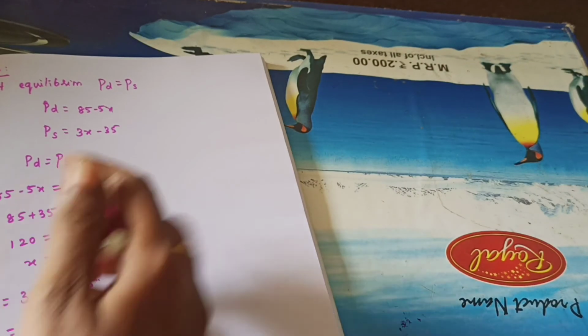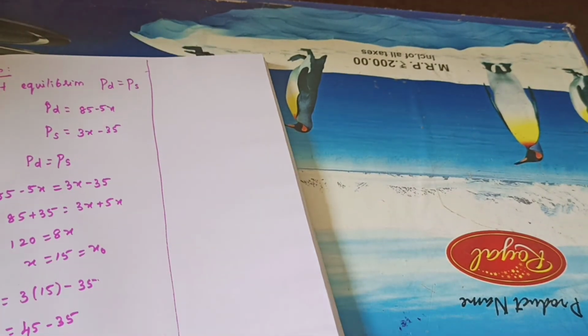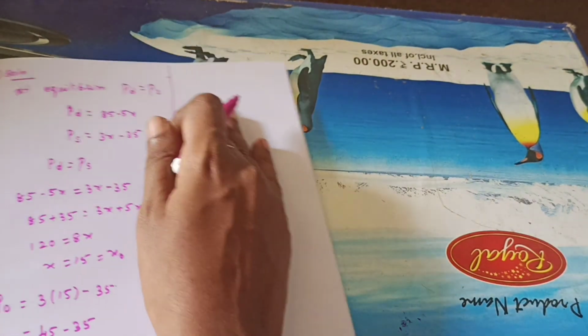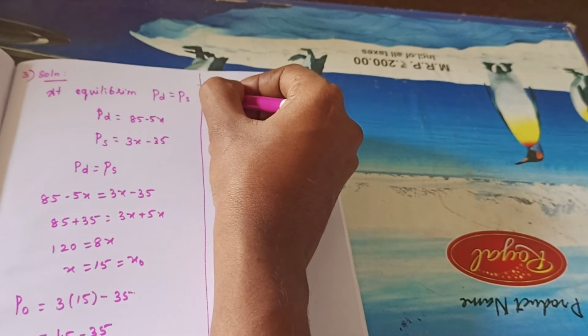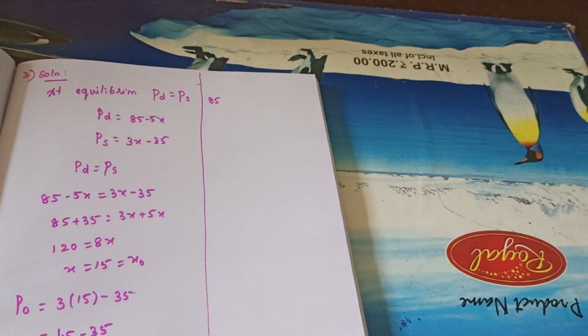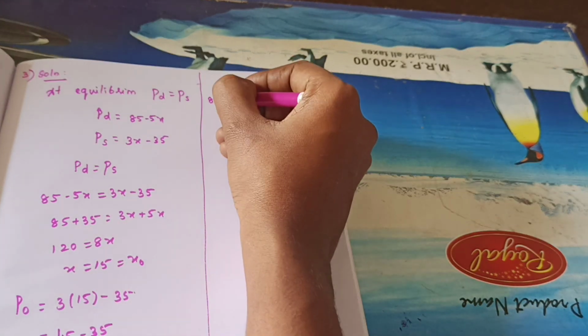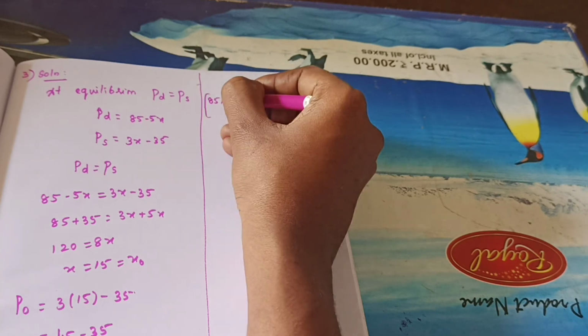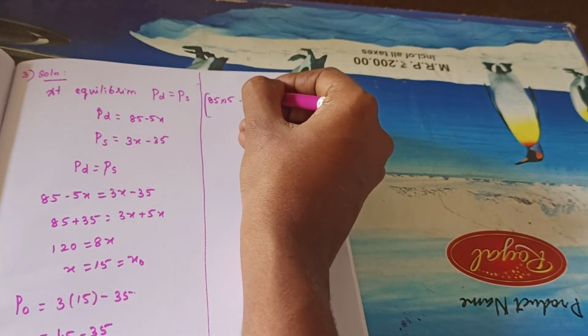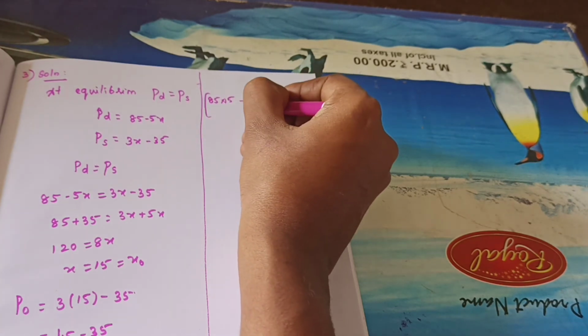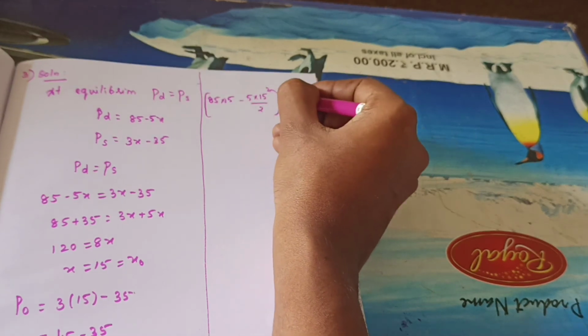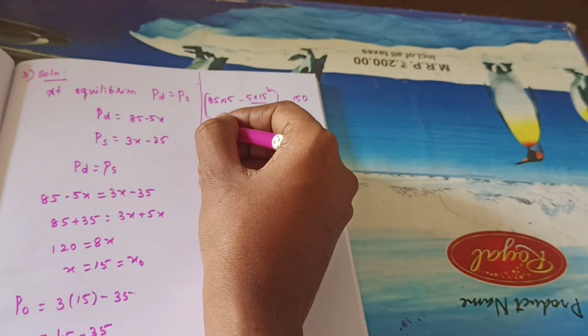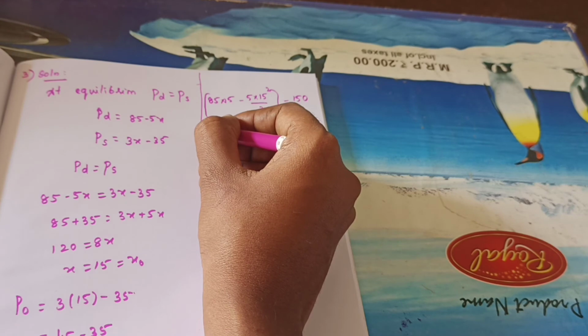Apply the limit and simplify. 85 into 15 minus 5 into 15 square by 2 minus 0. So minus 150. If we simplify,